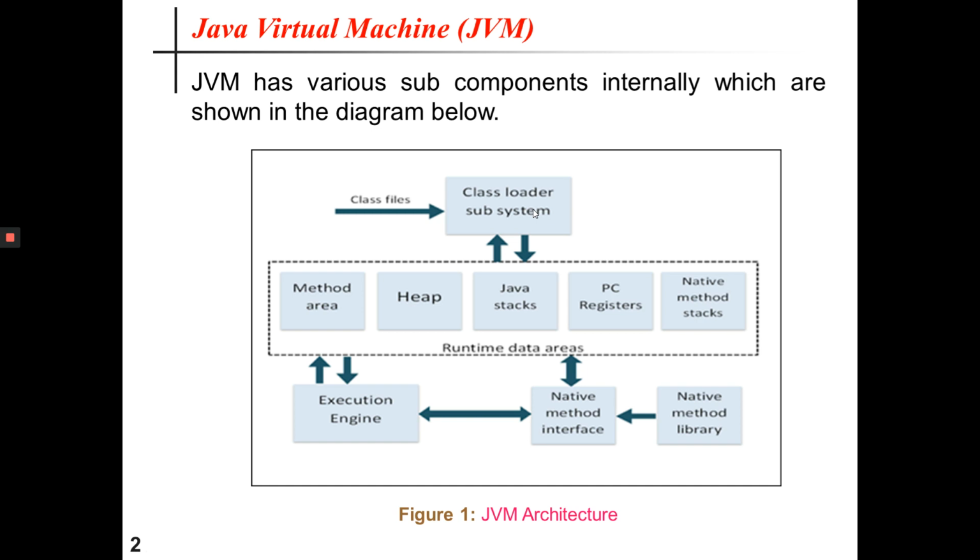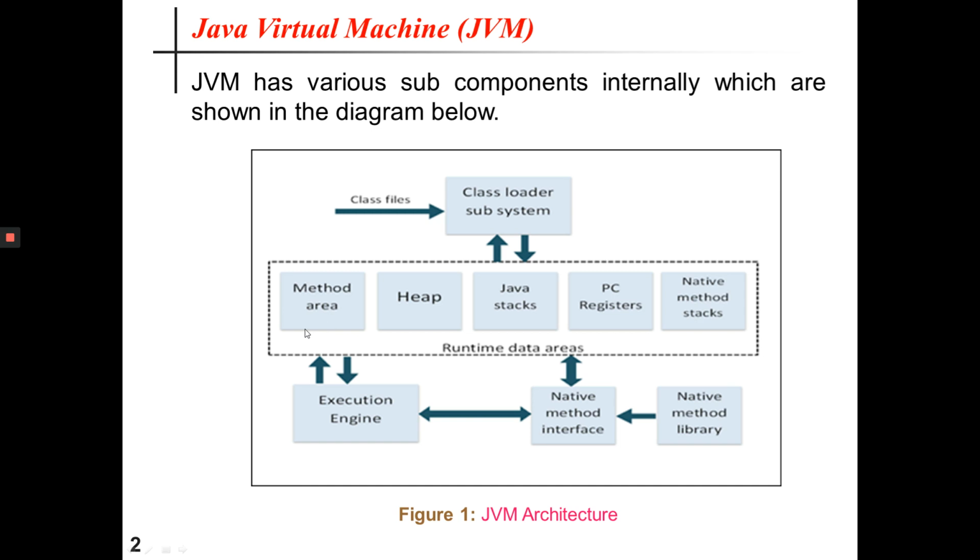The second component is called runtime data area. So it is representing the runtime data area. This is the memory resource used by JVM, and it is basically divided into 5 parts like method area from the left, heap, Java stacks, program counter registers or PC registers, and native method stacks. Now I would like to describe runtime data area. So since it is divided into 5 areas, I will be starting with the method area.